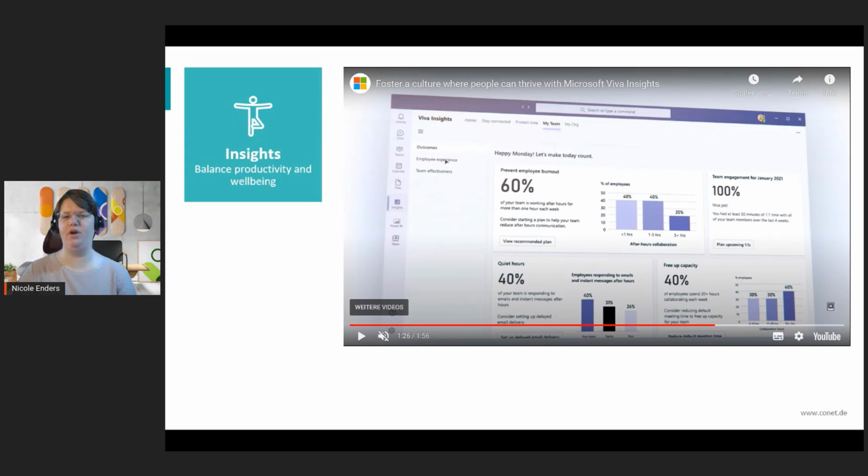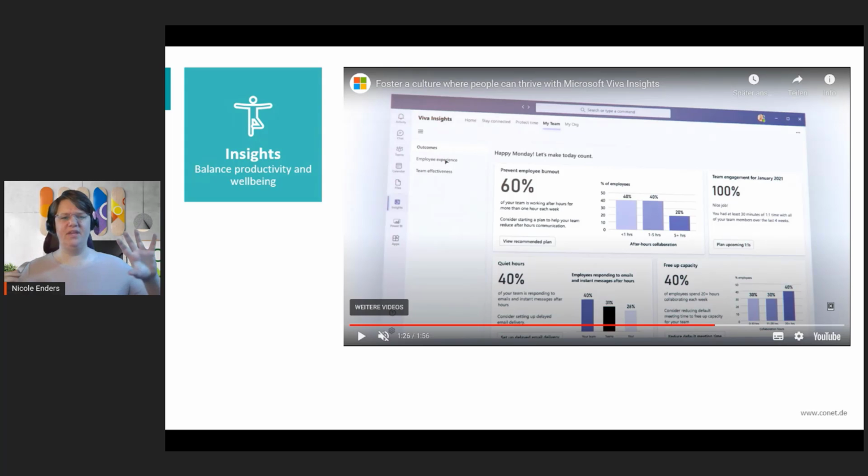And that's for managers. So My Team, that's for the team managers. You get an aggregated view of what's going on in your team. You don't see what's going on for a specific employee. But if your team is not so big, then you will get an idea what's going on, and you will see a lot of information, how the people are feeling, what they are doing, what's about the focus time, and so on.